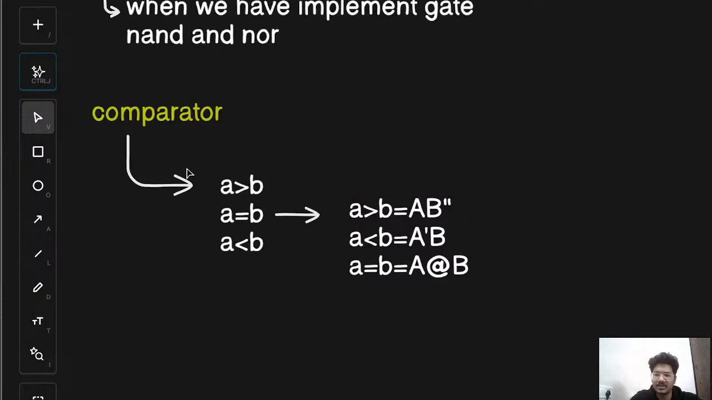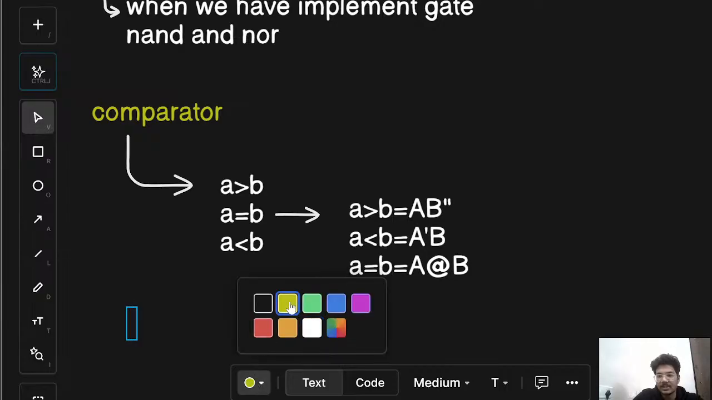So simply, a comparator is a digital circuit that compares two binary numbers and produces an output indicating the relationship: A is greater than B, A is equal to B, or A is less than B. And after that, next we see